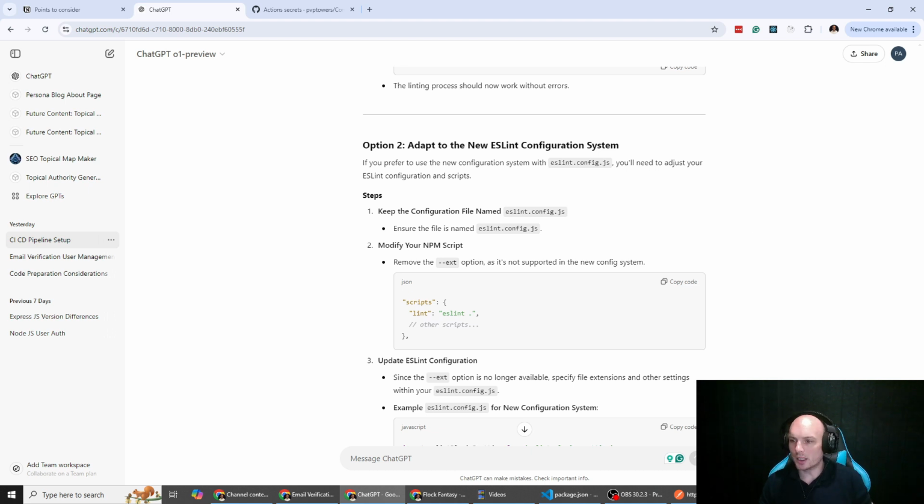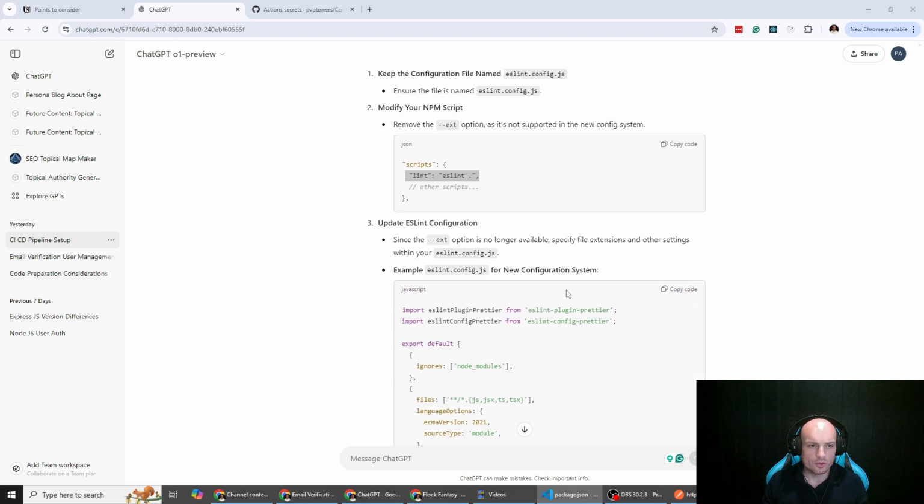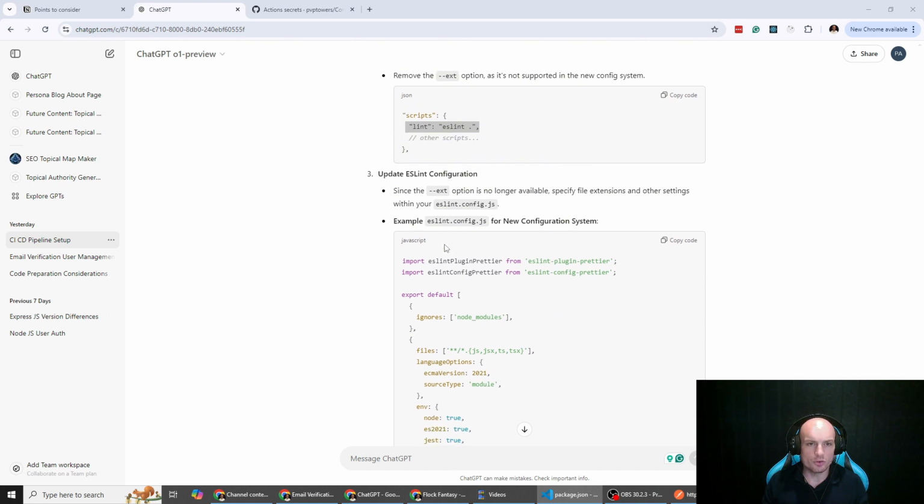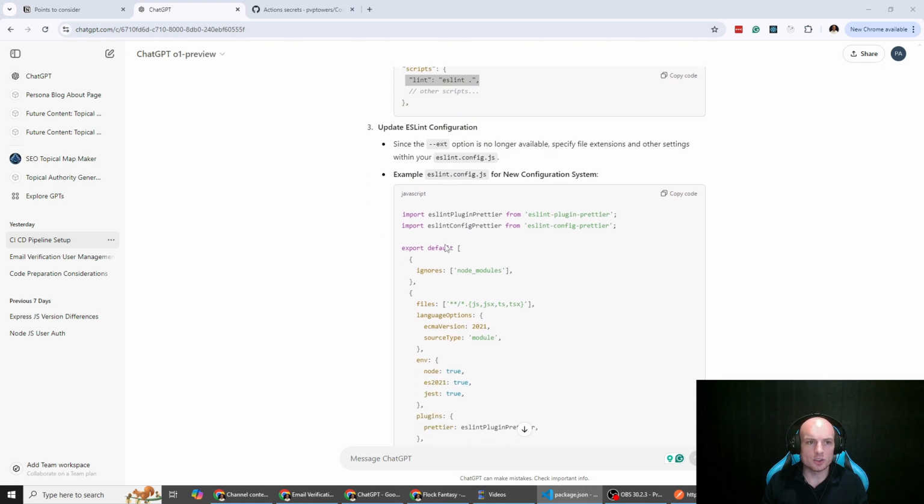So we need to rename our ESLint config file to eslint.config.js. Ensure the file is named that. Yep. Modify your script. So lint. Save that. Since the ext option is no longer available, specify file extensions and other settings within the config file itself. Okay, so